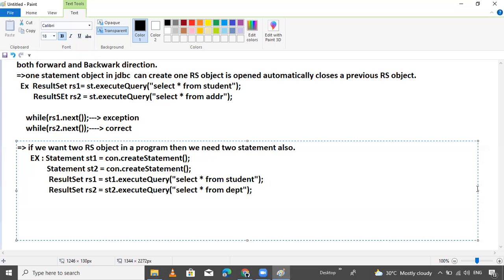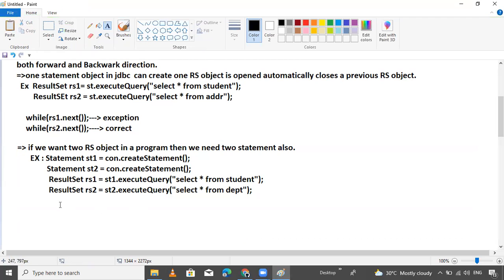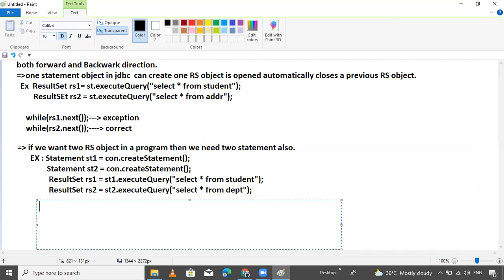Previously I told you which one is correct and which is not. But here we use while rs1.next and while rs2.next.